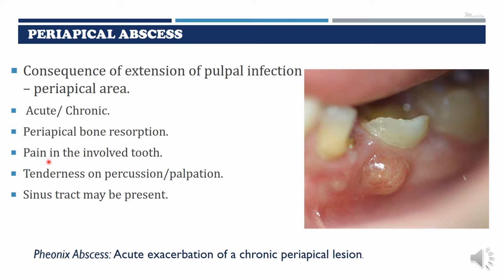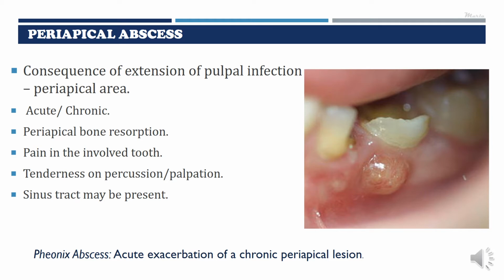The associated tooth is generally painful. Tooth will be positive to percussion tests. Also, at times, palpation of the vestibular area can result in tenderness. When the abscess is enlarged, it can extend beyond the alveolus and can be reflected onto the mucosa as a boil. Occasionally, we can see a sinus tract protruding out of the mucosa, which leads to discharge of the pus from the abscess.